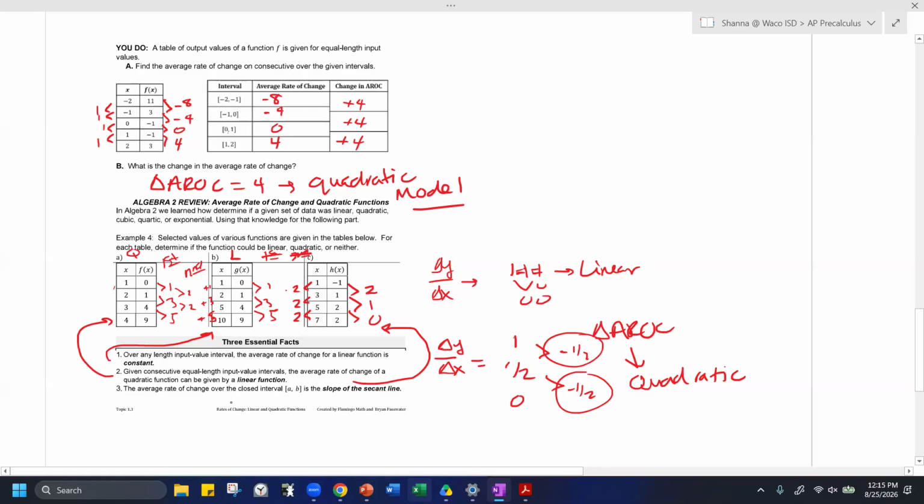And then the average rate of change over the closed interval from a to b, we call that the slope of the secant line, okay? So that's our m sec, our slope of our secant, okay? And that is the lesson. That was kind of fast and jumbled. Hopefully